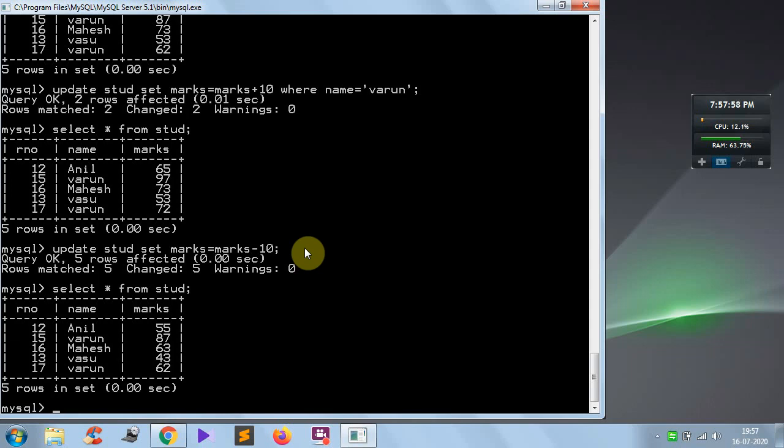DELETE. So what is the purpose of DELETE? DELETE is used to remove selected rows from the table. So let us see, DELETE FROM stud. If I run this command, all rows will be deleted from the table,